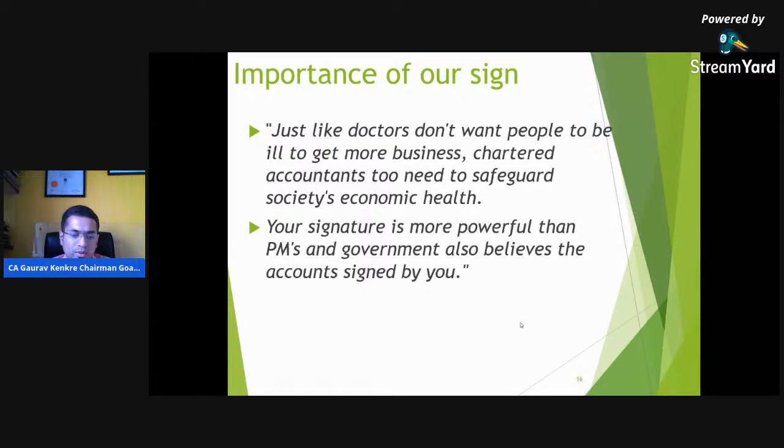to signing off documents. Every time you sign off a document, please ensure that you have seen that the assignment has passed rigorous tests of due diligence, ethics, documentation, conflict of interest, and you have addressed all dilemmas which we have discussed today, and only then take up such assignments. Otherwise, as we have discussed, it could be an individual error, but many such individual errors may end up sinking the entire ship, and we would not like in any case to do any activity which would hurt our profession.